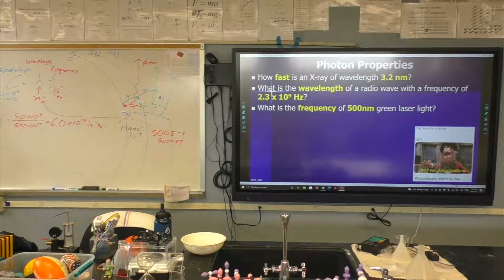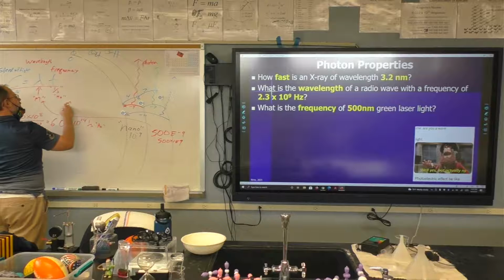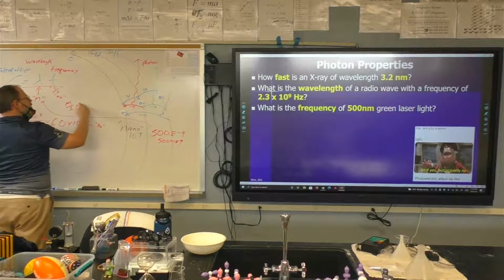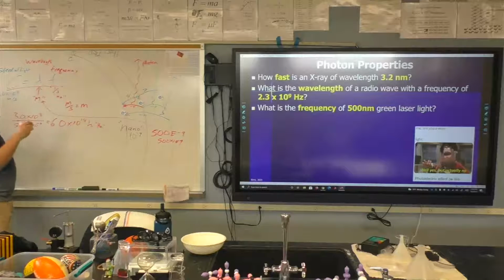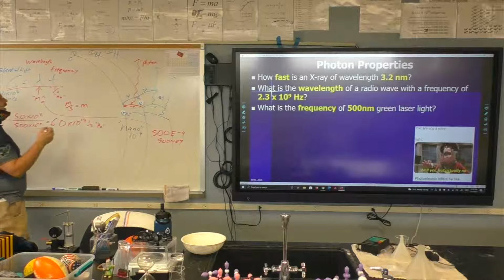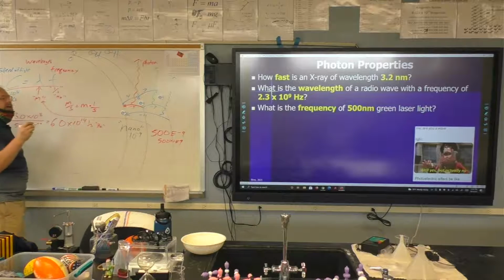By the way, why is it 1/seconds? This is why. In all of chemistry and physics, the units need to cancel out. So in our wave formula here, c is meters per second. Wavelength is measured in meters, so the units have to cancel out on both sides. The units have to be the same on both sides, which means frequency has to have the unit of 1/seconds